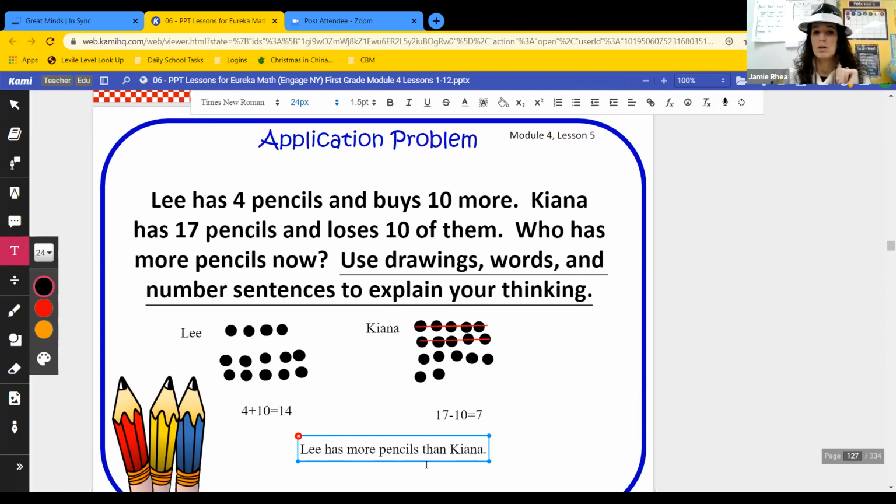Okay, because we know that Lee had 14 pencils and Kiana only had 7. So let's see, did we answer our question? Yes. Did we make a drawing? Yep. Did we use our words? Yep. Did we make a number sentence? Yep. So did we solve our case? Yes, we did. So we are ready to take off our detective hats because we've solved our problem,